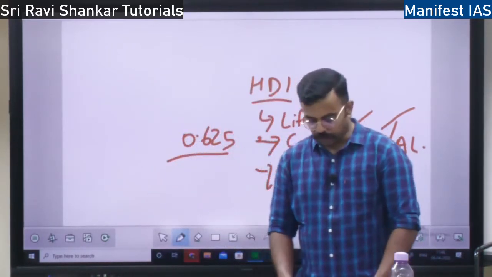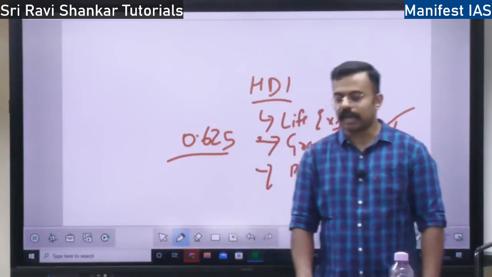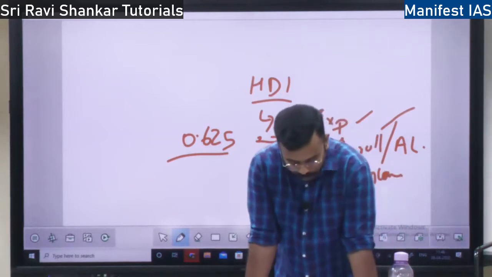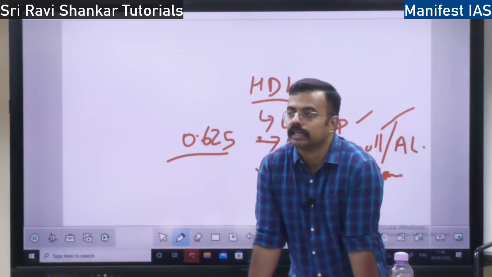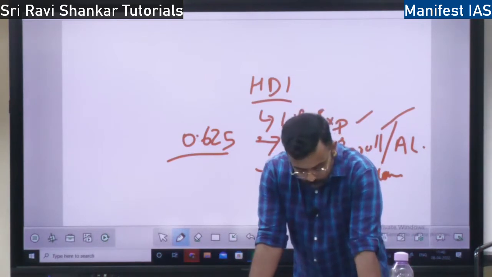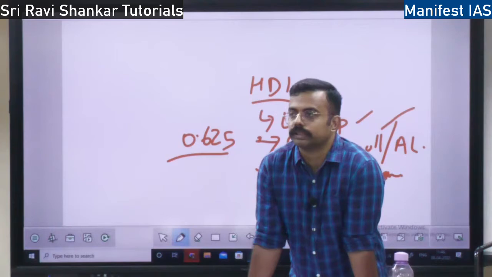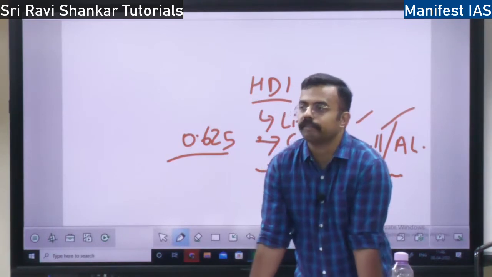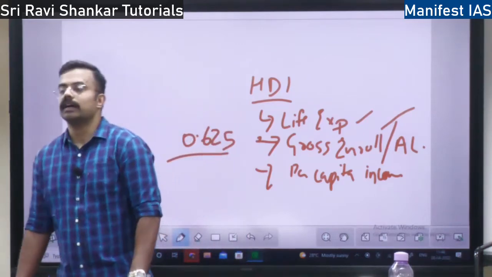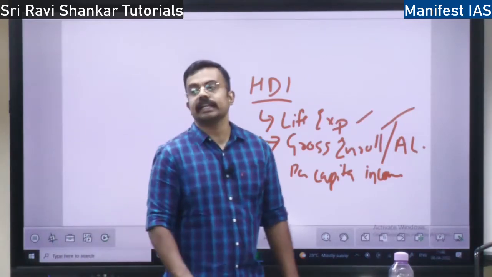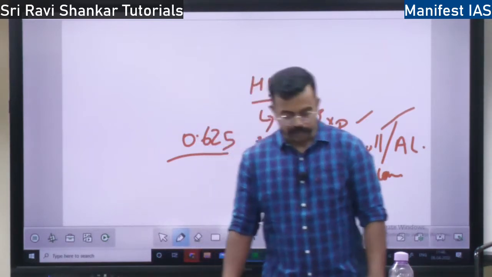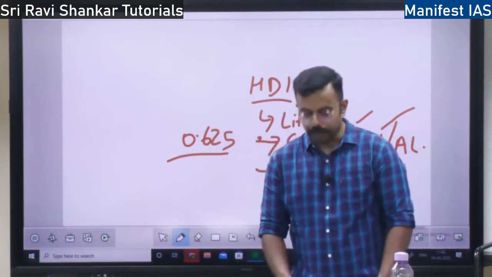The last topic of the chapter is population, environment and development. Under this we have to speak about the Malthusian theory, given by Robert Malthus. He says that as the population increases, the pressure on the resources will increase. The more the population, the more the pressure on the resources. That is what Robert Malthus said.